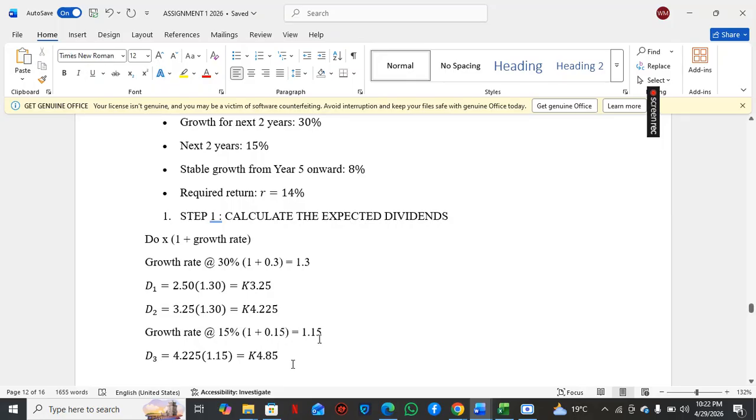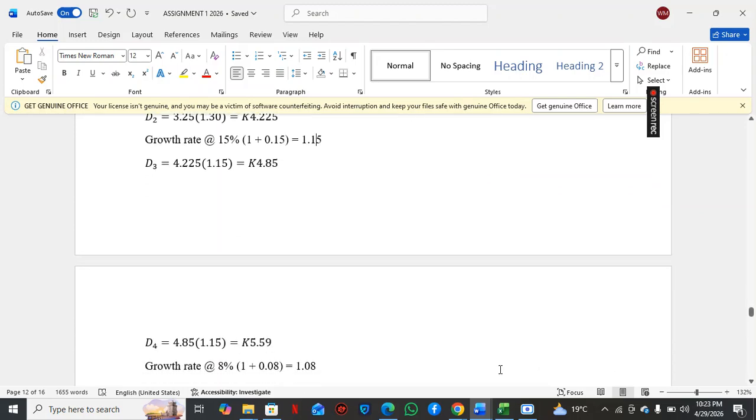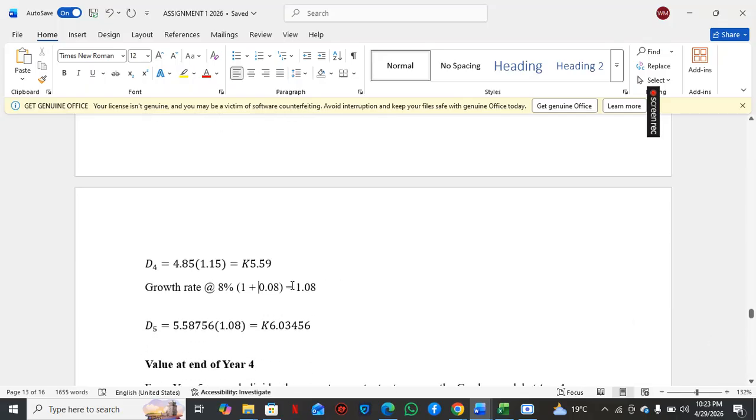You go to year three, and year three now it's at 15%. Year three, 15%, year four, 15%. Then year five, until infinity, it's 8% here. Okay. Any questions? That is the first thing you need to do first. Find these